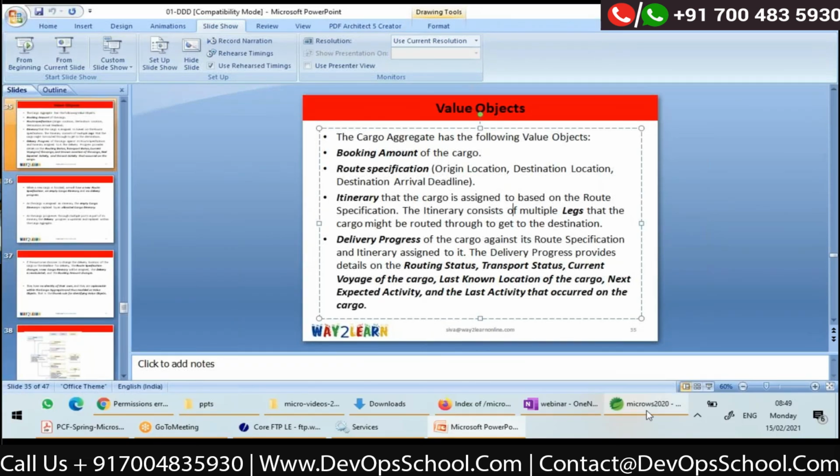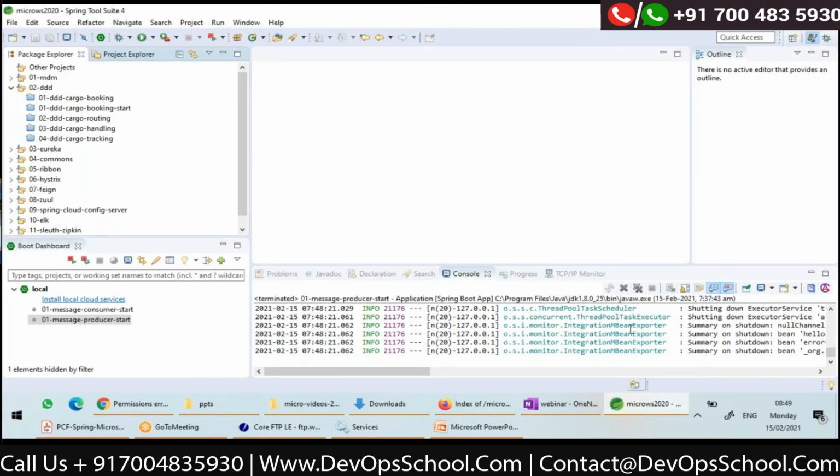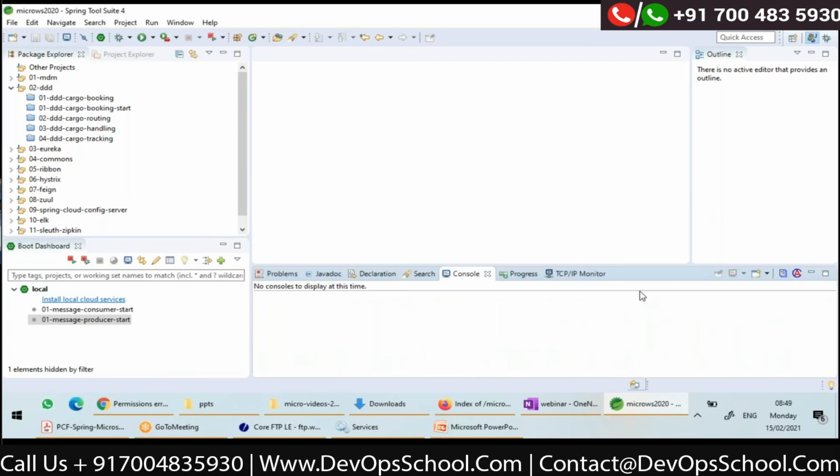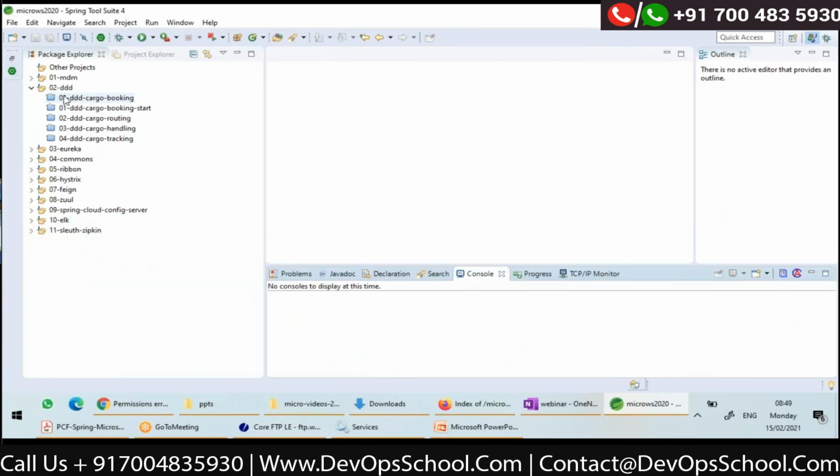So let me start showing the implementation. Step by step, I will show you the implementation. So here is my cargo application. I have actually created one solution project for booking and the start project. I'll start working on booking.